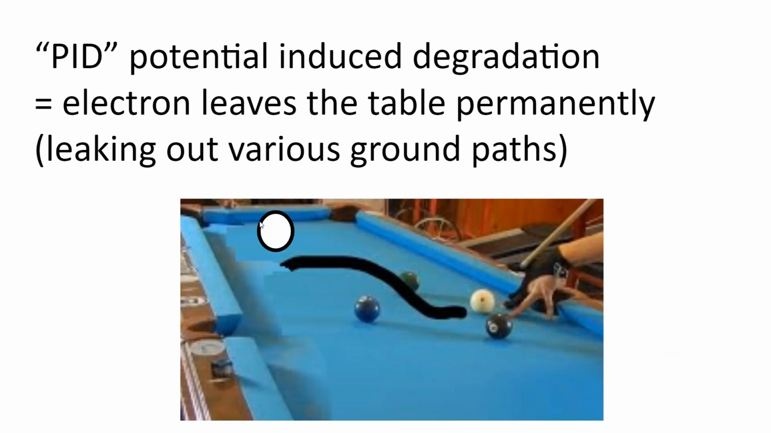And so in this analogy of the pool table, the degradation of panels makes a little more sense. Sometimes an electron jumps out of the pool table and drains down the ground, never to return, and that causes a long-term degradation in the panel, potential induced degradation. And it's actually a little bit more of a serious problem than just one electron leaving, because